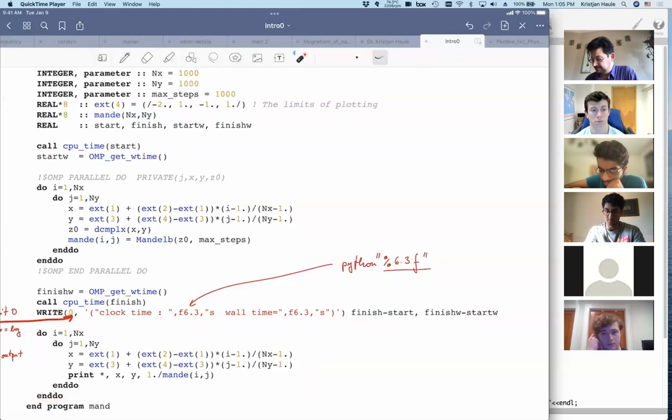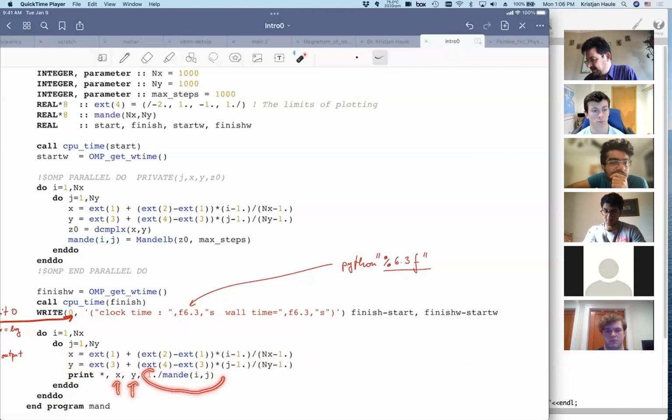all the data. It recomputes x and y because it turns out that it's faster to recompute X and Y than storing them and displaying them. In lots of modern numerical programs, if you have simple floating point numbers, it's easier or cheaper to recompute them than to actually store them. Storing takes time. So we recompute X and Y, and then we print in the output the X, Y,